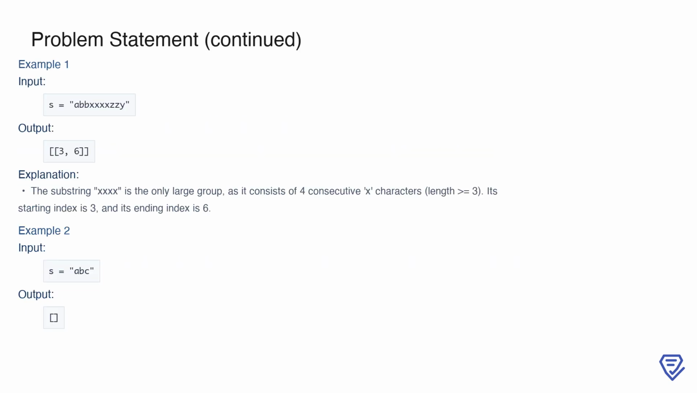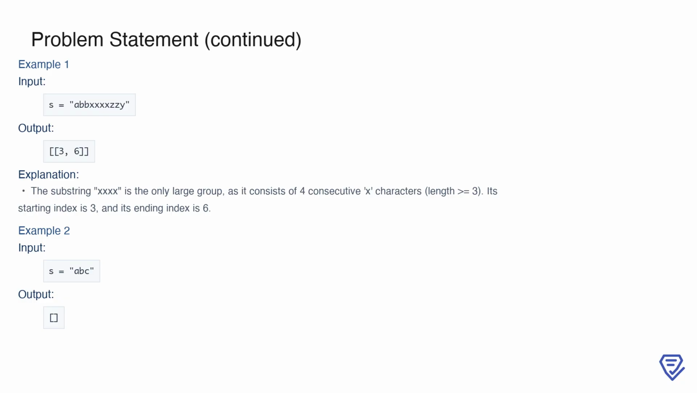Let's look at an example to clarify the requirements. If the input string is s equals abxxxxcc, the function should return 3, 6. Here's why: the substring xxxx forms a large group because it consists of 4 consecutive x characters, which satisfies the condition of having a length of 3 or more. The starting index of this group is 3, and the ending index is 6,